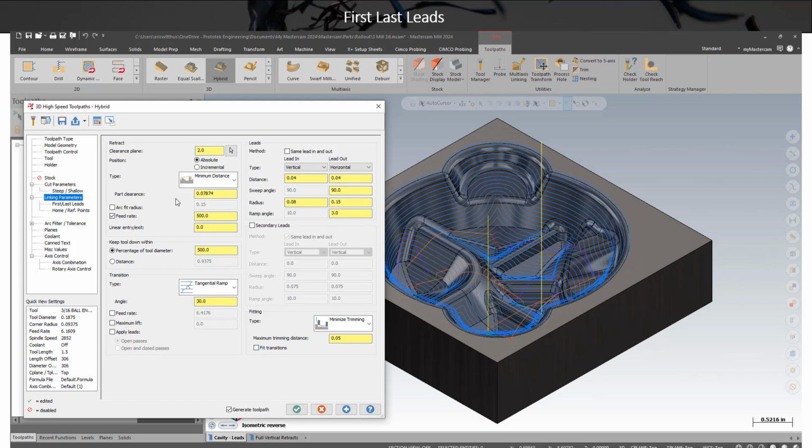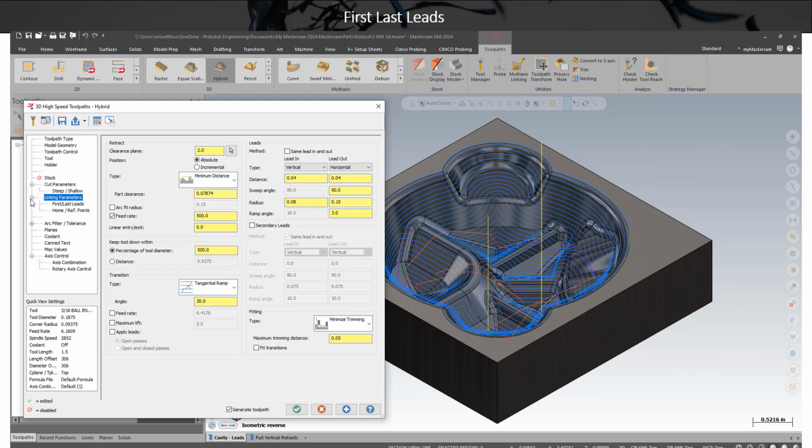Over the last few years, we've seen many enhancements to the leads page on the surface machining toolpaths. We have a first and a second lead. We can control a vertical or horizontal lead in and lead out, extensions, lots of neat stuff added. As it's been added, I've been mentioning in classes that it reminds me of multi-axis lead ins and lead outs. They even have more stuff than we have in surfacing. And this new enhancement, once again, is very similar to what we see in many of the multi-axis